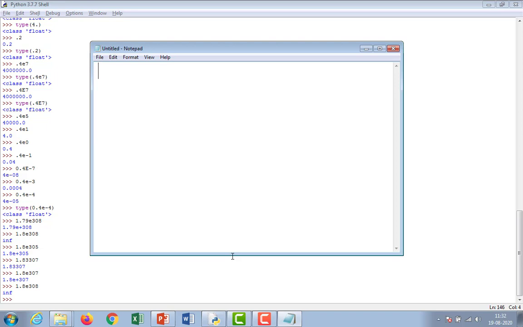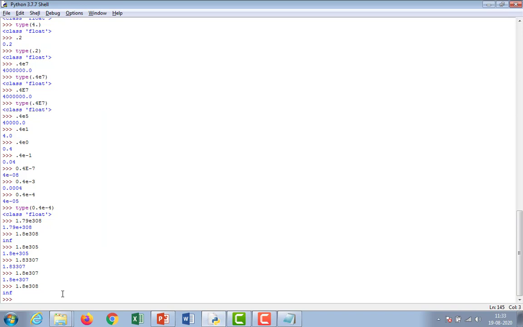Every complex number must have real part plus imaginary part, for example, 2 plus 3j. Here 2 indicates the real part, 3j indicates the imaginary part. If you want to print this one, you have to type it over here.